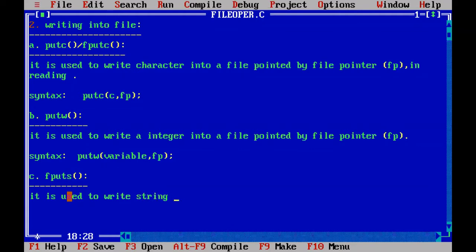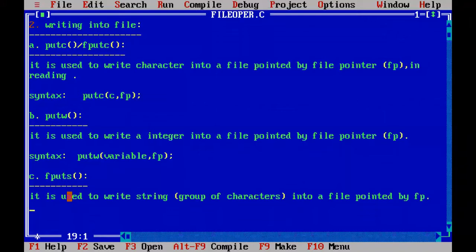That means a group of characters at a time, into a file pointed by fp. F means file pointer.